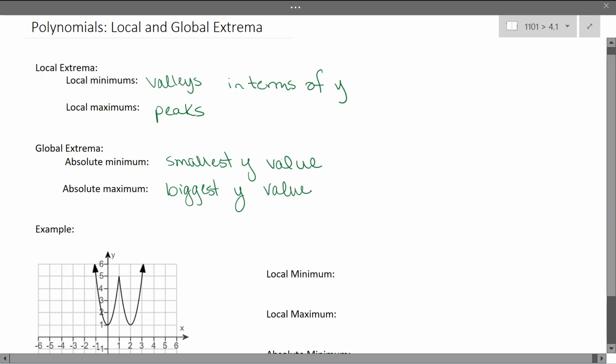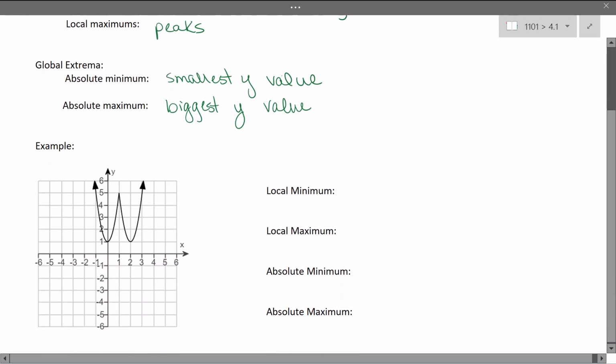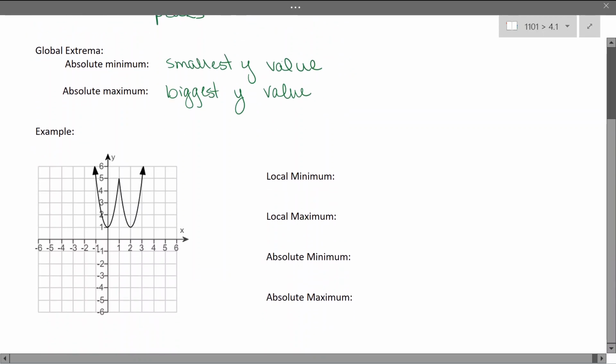So let's take a look at an example. First, let's look at local minimums. We want to find places where our graph has a valley. So we see we have a valley here, and we have a valley here, and our y value for these is 1. So we have a local minimum of 1, and that's going to be at x equals 0